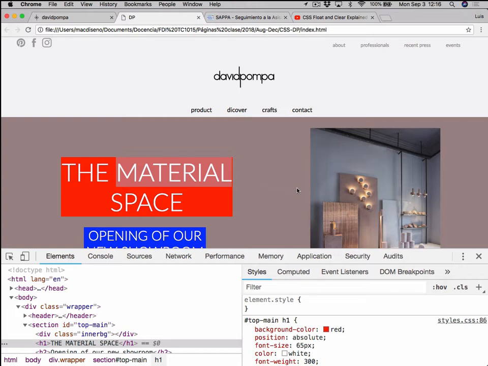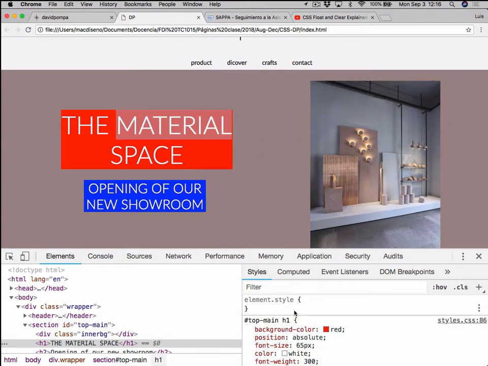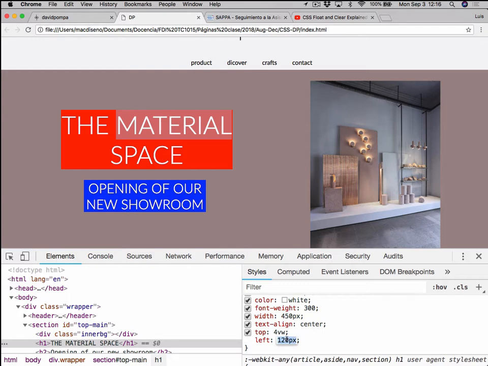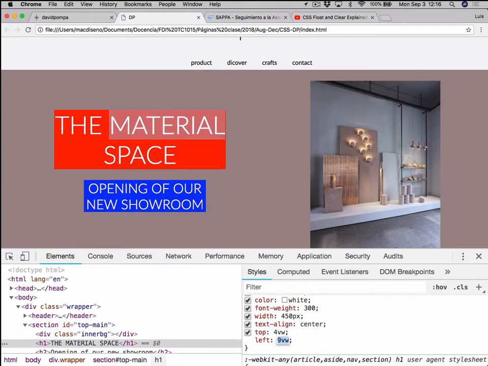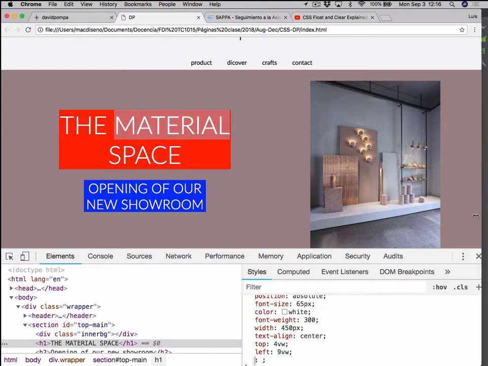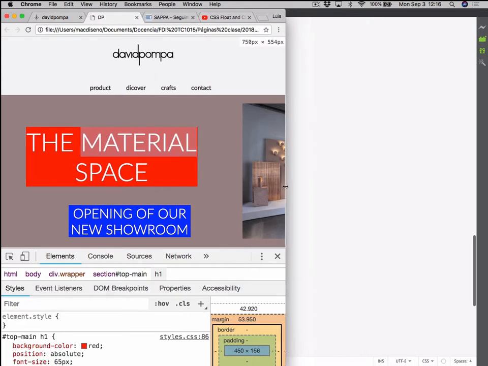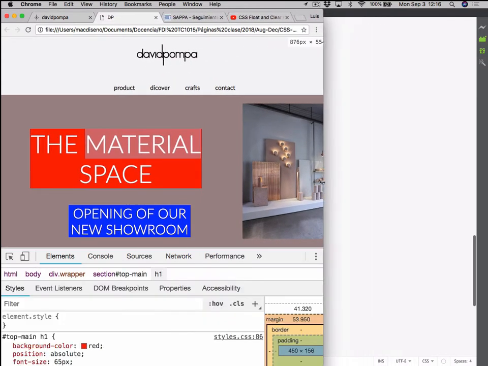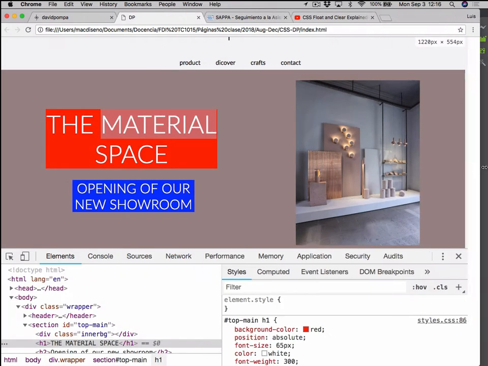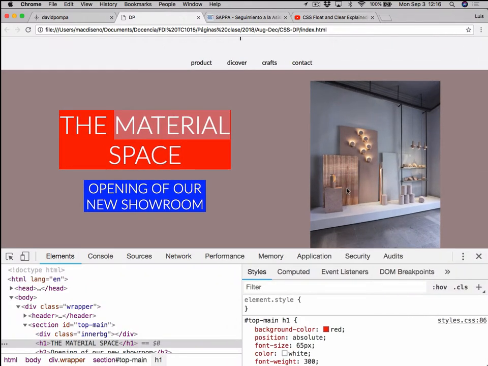So that gives us more adaptability to this kind of stuff. So I like it there. The left part will be also maybe something in the line of 9. And you can see that now it's moving that box a little bit better than the other one. Can you see the difference? Yes. So maybe it's better to use those dynamic fonts that depend on the browser's window rather than fixed pixels